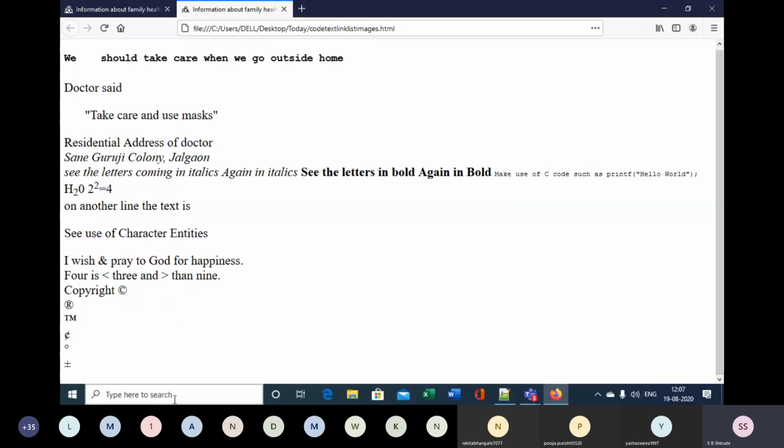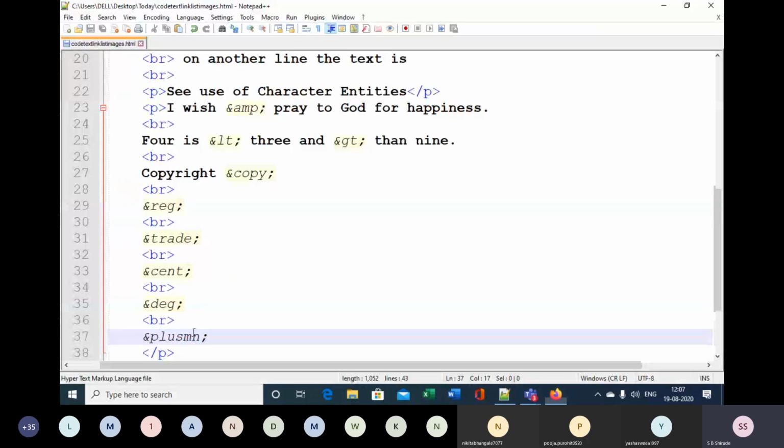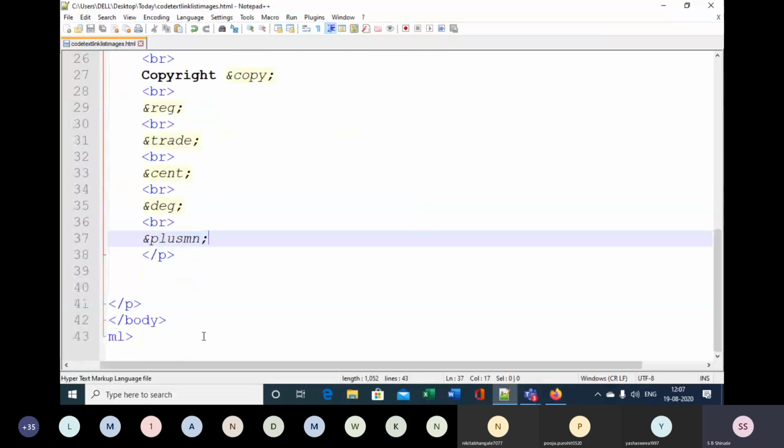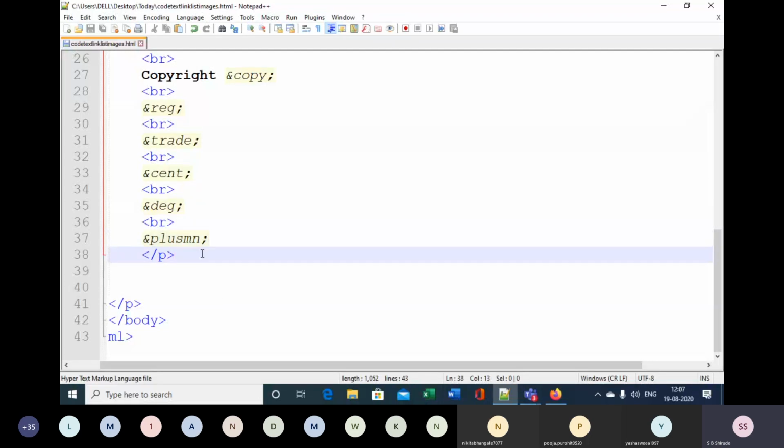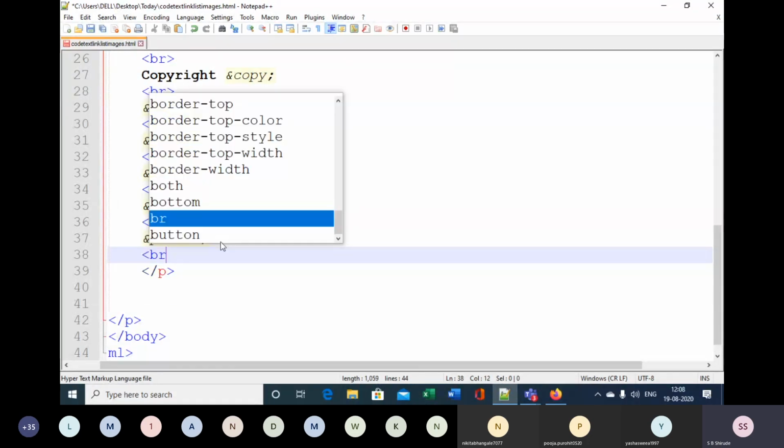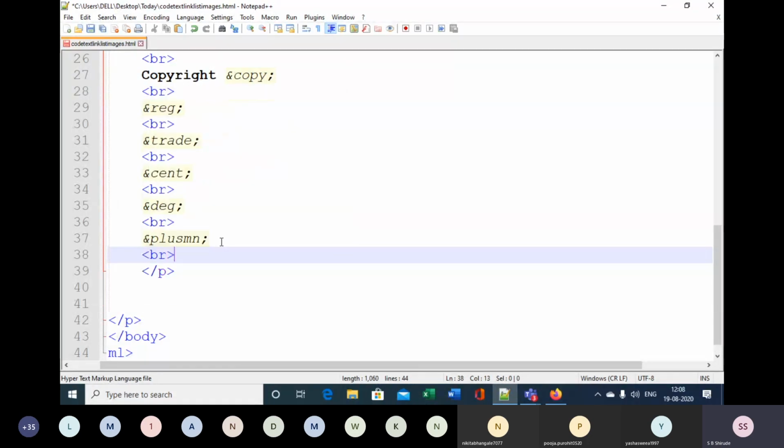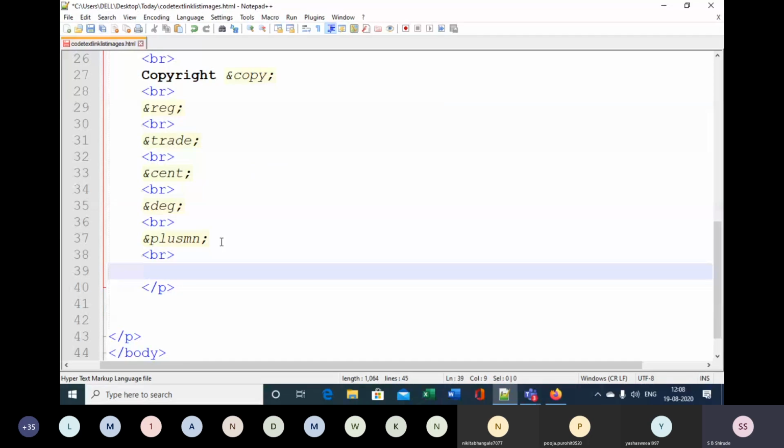So this way you can see this particular use of character entities over there. Then you can find double quotes and single quotes. If you want to insert double quotes and single quotes, then you can put it as such, as BR. He said, like that.